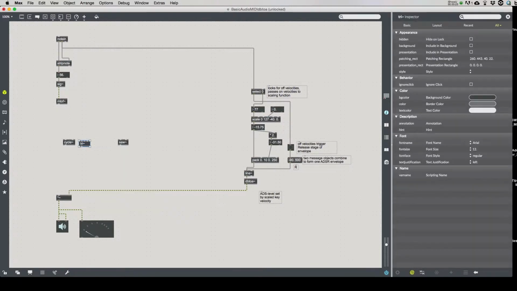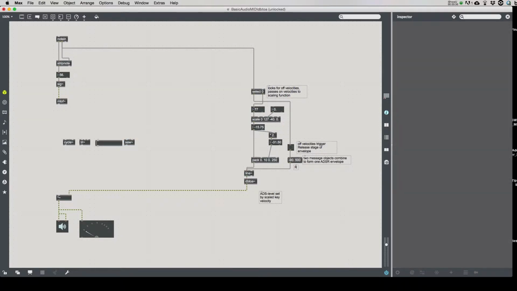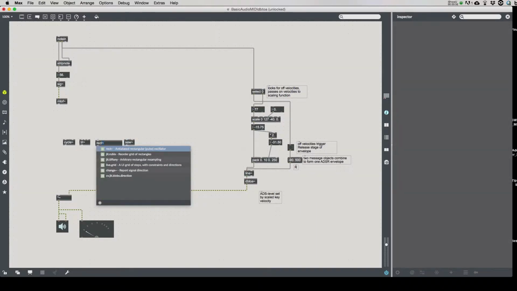Triangle or tri for triangle. So all these are anti-aliased oscillators. Rect. I'm going to give it a frequency argument, even though it's going to get ignored, but just so I